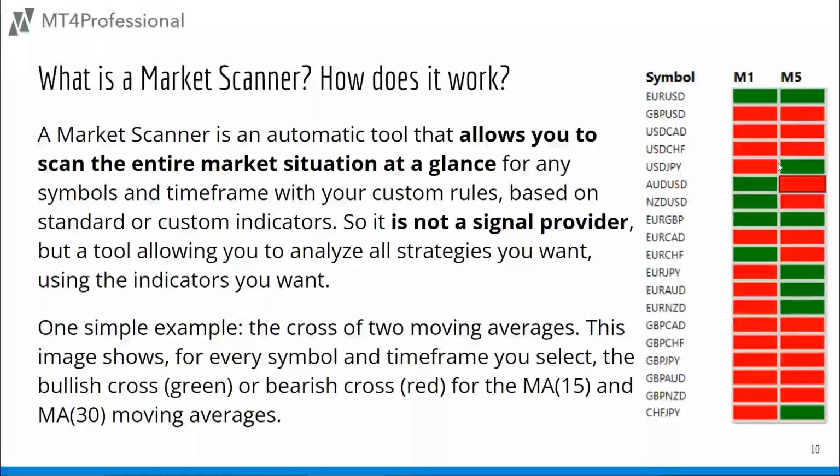So as you can see, for any time frame, if I have a bullish cross or a bearish cross, I can instantly see throughout the universe of all of the instruments I'm trading whether I have a trade set up or not. And that's what a scanner should do. It should do the work for you. It should go out and do all the calculations based upon your strategy and let you know which one is set up to be the best opportunity right now.